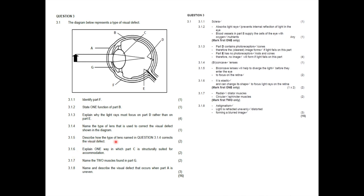3.1.5. Describe how the type of lens mentioned in 3.1.4 corrects the visual defect. We just discussed it. A biconcave lens will allow light to diverge. I would have said refracts light more, but let's do what they say. It will help diverge the light so a clear image can reach and focus on the retina. Okay. Then